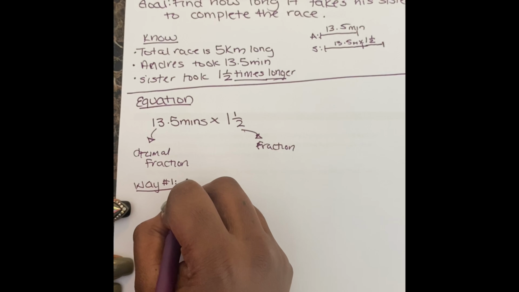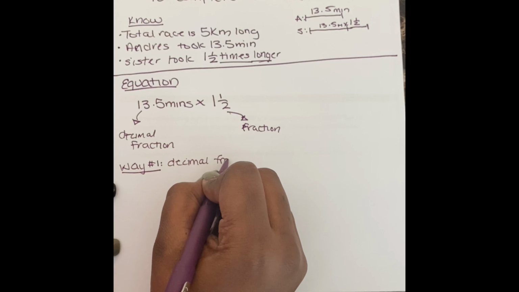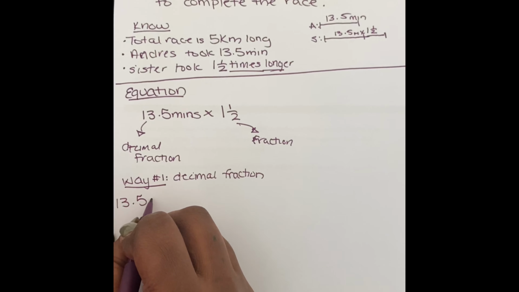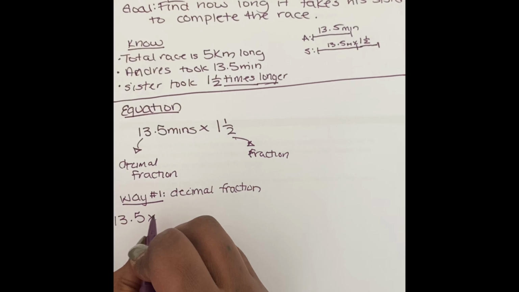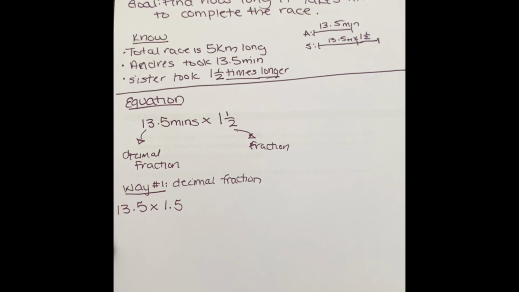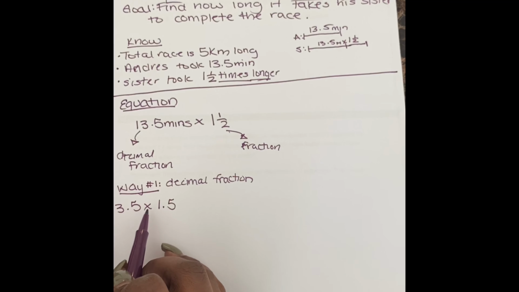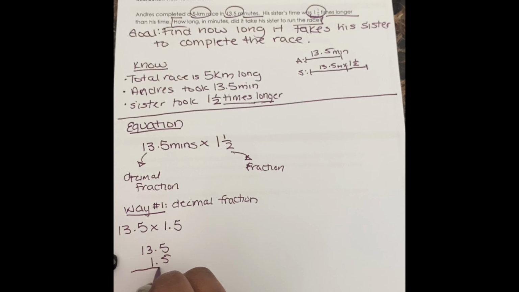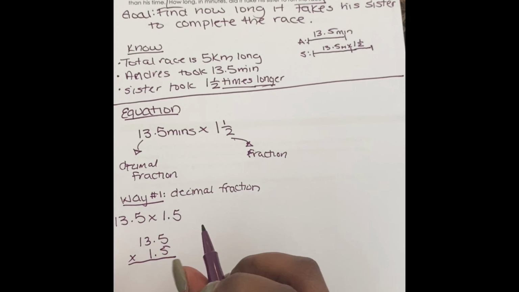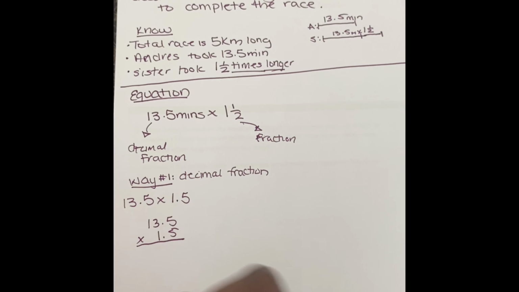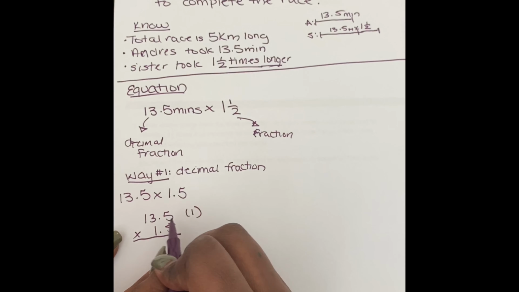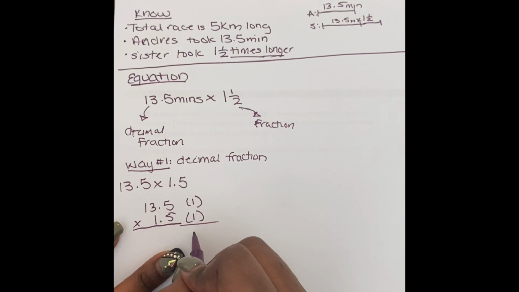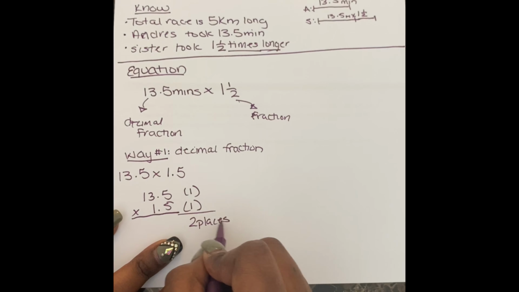So first things first, we are going to solve using our decimal fraction. I'm going to simply rewrite my expression, 13 and 5/10 times 1.5. We know that 5/10 represents a half. I'm going to simply use my standard algorithm to multiply. Remember, we are lining up the digits, and we are going to talk about the decimals first, before we solve our standard algorithm. There is one digit after the decimal in 13.5, and one digit after the decimal in 1.5, which tells me that at the end of my standard algorithm, I need to move a total of